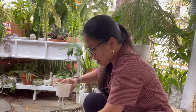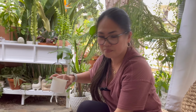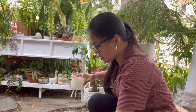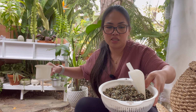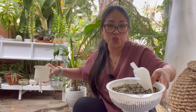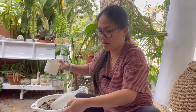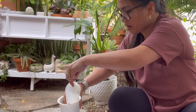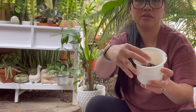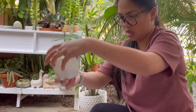Like I said, I'm gonna use this one, and I have some PON here with a little bit of LECA in the mix, just because this was re-boiled used PON. So I boiled it for like 30 minutes and then let it cool. So I'm gonna put a little layer of PON at the bottom, and